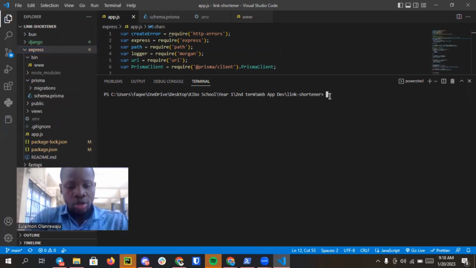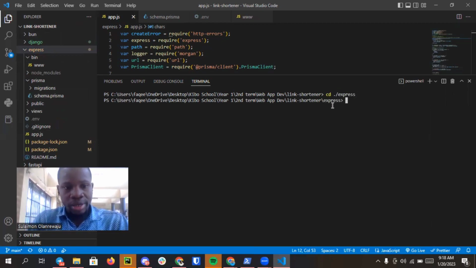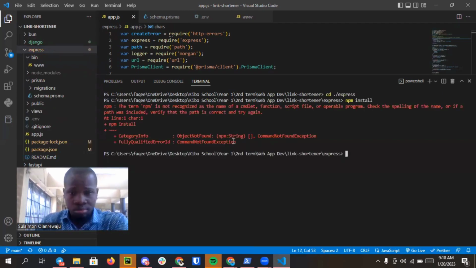Basically, so how to do that? You go to cd ./express. Now we are working inside the Express itself. So let's run the npm install. Let's try to see if we can install the npm. Boom, that's it. Majority of people running this app encounter this bug basically, and the reason for the bug